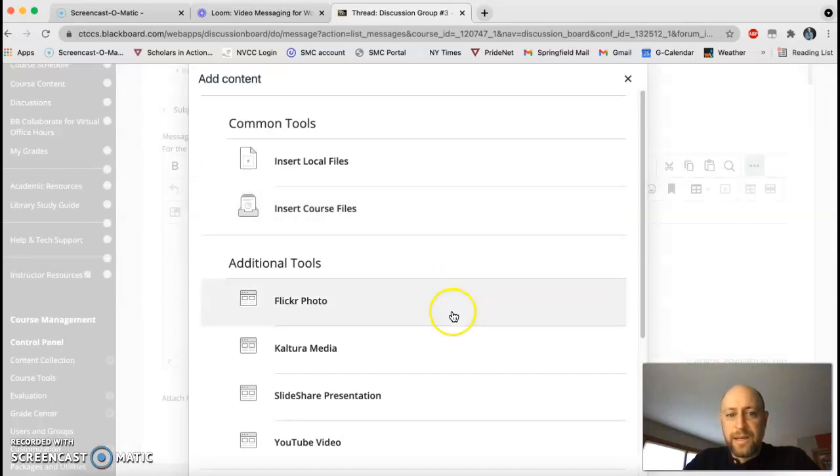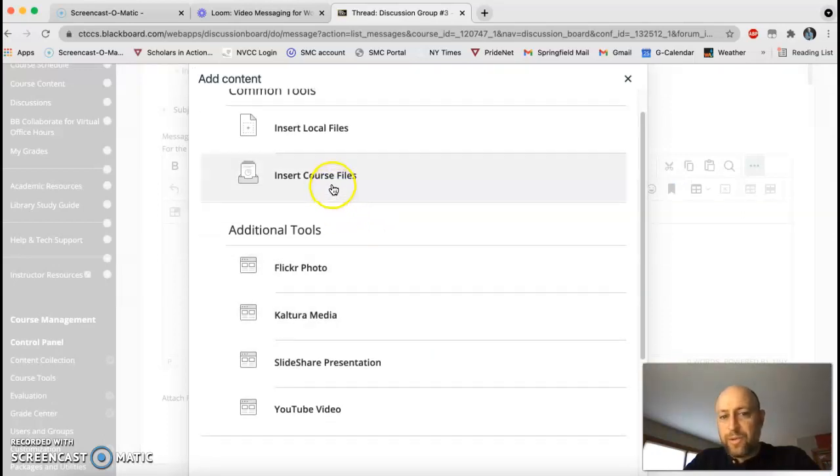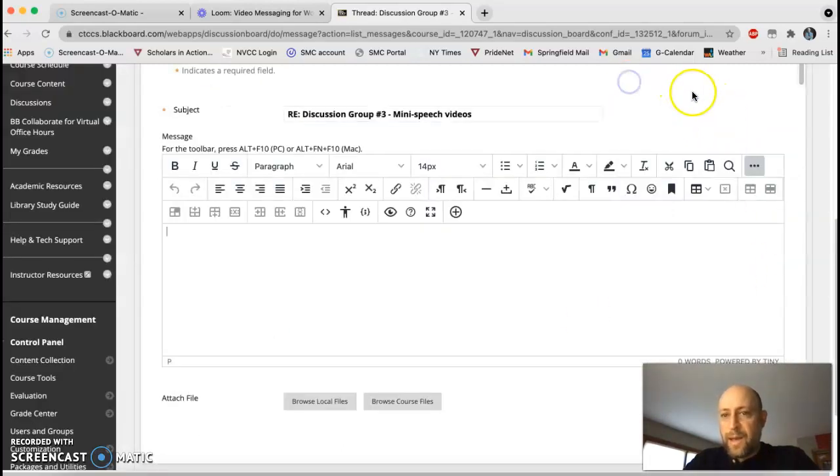to add content, and you can insert a local file. So if you've downloaded your video to your computer, that's how you would do that, insert the local file. Or if you've uploaded it to your YouTube channel, you can do it that way. And then as a group, you're all going to look at each other's videos. You're going to respond to those questions that we're all asking each other, trying to get to some of that audience psychology, audience